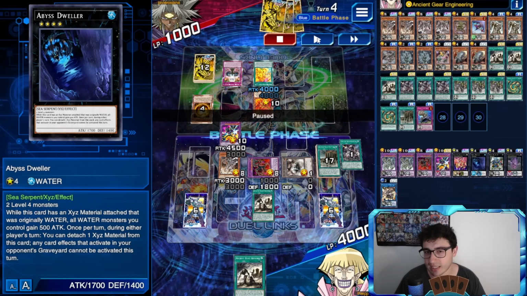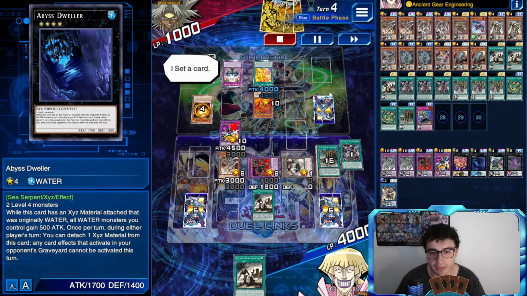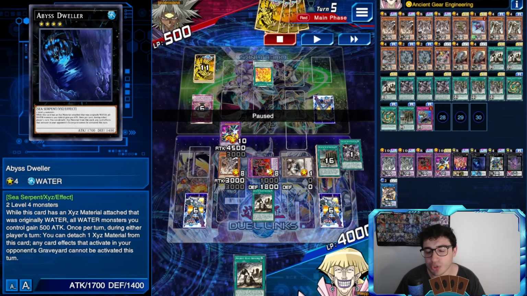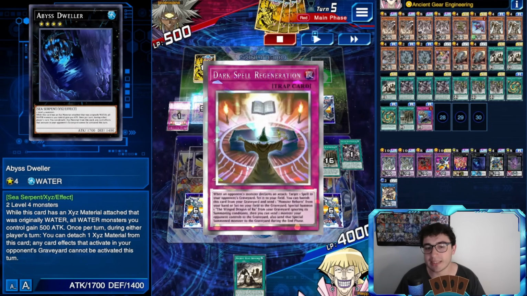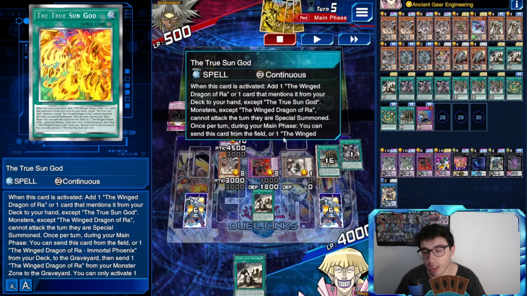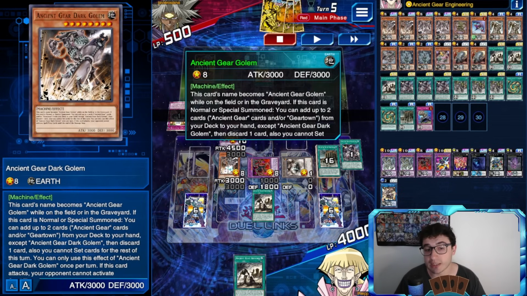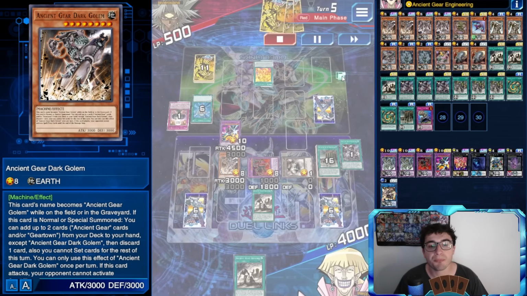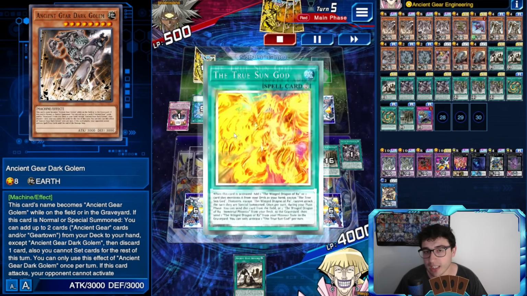I should have put this guy in attack position probably, but that's what I didn't do. So it's got the Dark Spell of Regeneration, and I should have put this in attack position. I would have won, because this guy can't attack because of the effect of True Sun God. When this is on the field, monsters that are special summoned cannot attack the turn they are special summoned. But this does not count for Ancient Gear Giant because it's unaffected